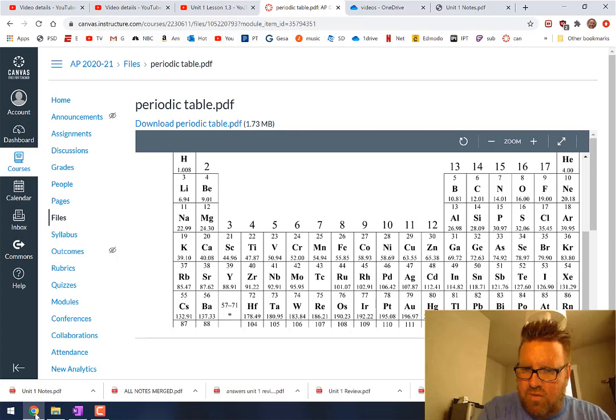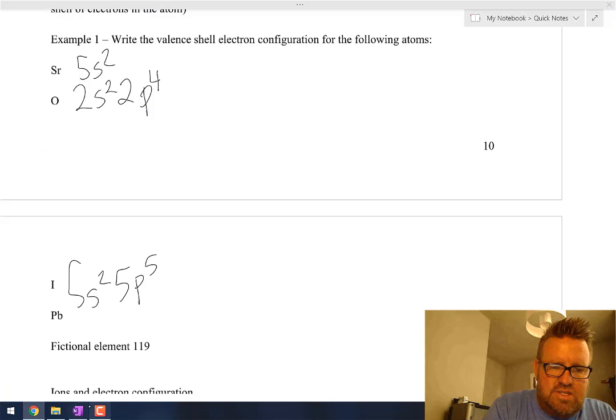If it's an element over here, it's going to be the s and the p subshell, both of them. So for lead, again, we're not worried about the d subshell. We're not worried about the f subshell. Just that last s subshell and the last p subshell. So that would be 6s2,